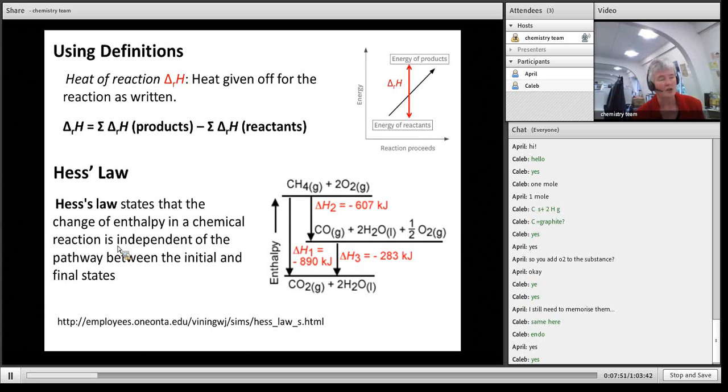Yeah. So I'm just going from this energy to that energy. And it doesn't matter if I go up and then down and up and then down, it's still that difference in energy. So here we've got an example of,